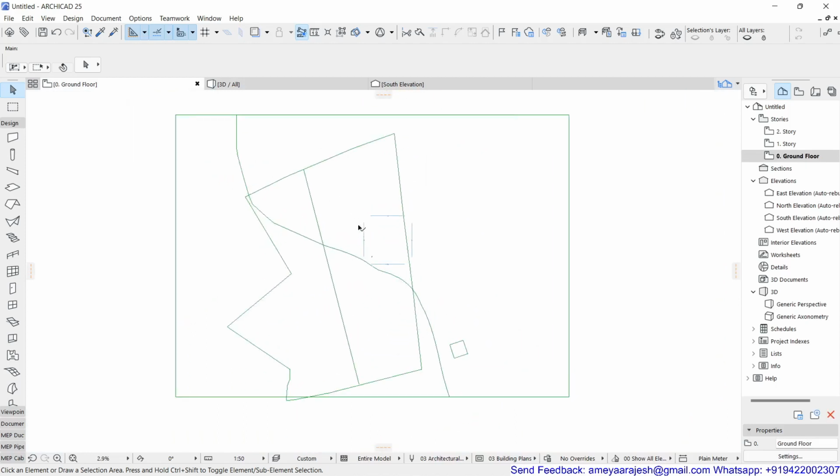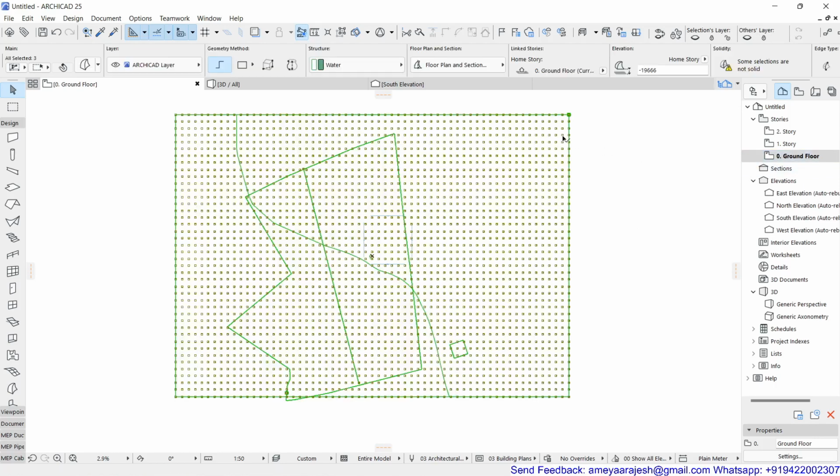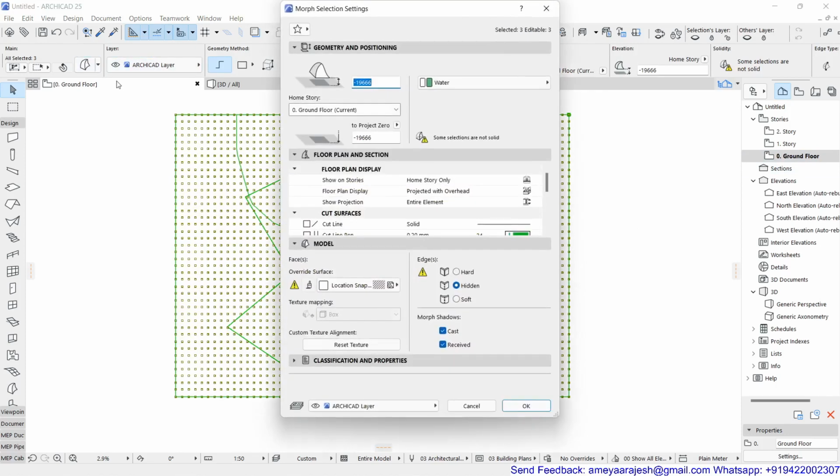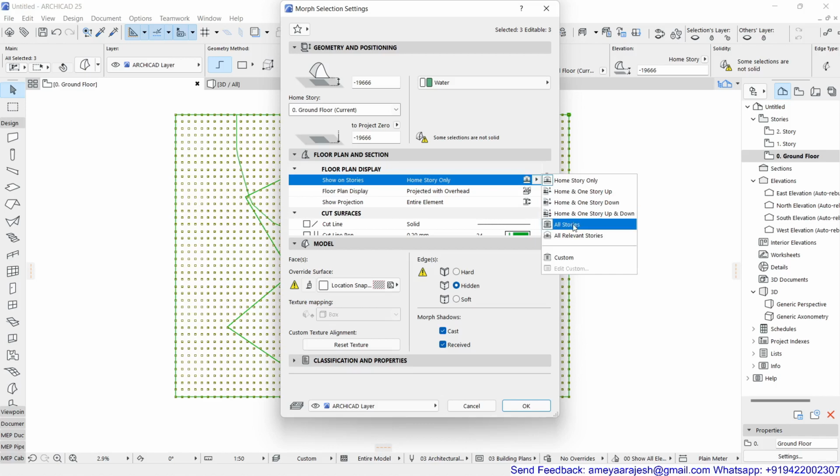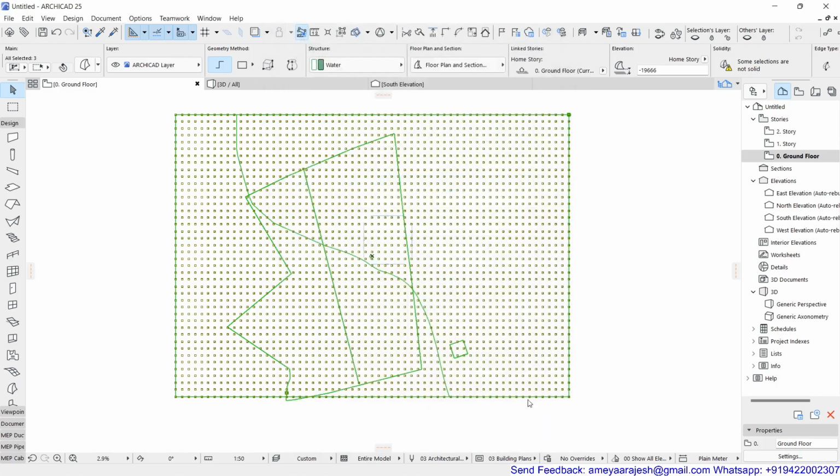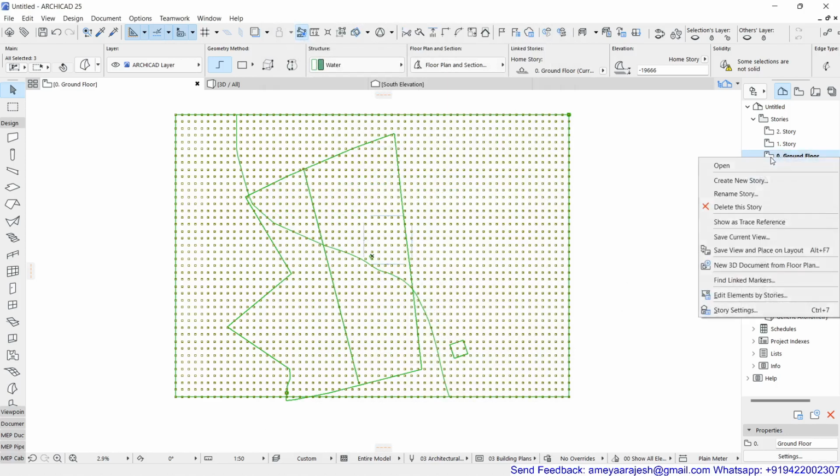Now you can check, this is supposed to be your tentative site, and that's supposed to be the outermost boundary for the imported region. You can see one line is actually passing through this. Now I'm going to select this element which is a morph, and you can keep it on the required layer later or right now also. The only thing you have to do is set this element to be displayed on all stories, and then you'll say okay for this, and we'll go to the story settings.